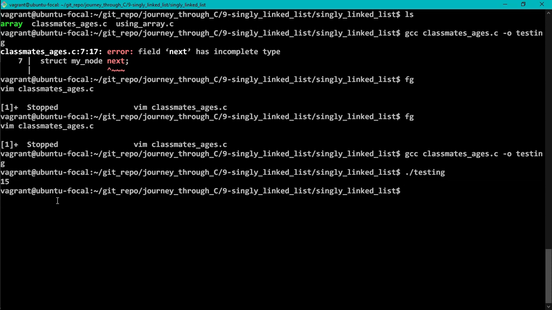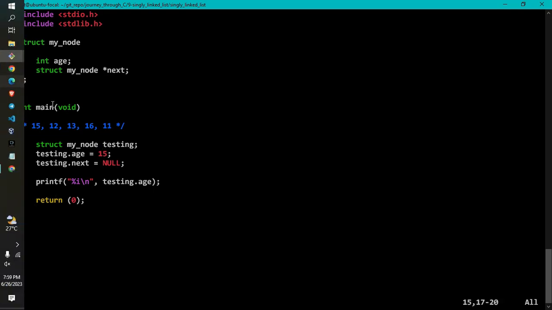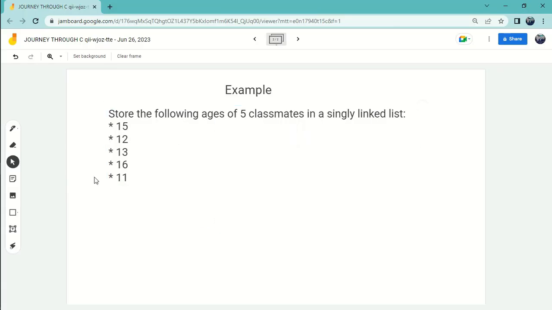Now let's make progress. Okay, so we want to create that first guy head, right? Let's go and do some whiteboarding. Let's go and try to solve the problem on the whiteboard. So we want to create something like this. Now we'll have our head pointer, and then we'll have 5 nodes. I hope this is what it really looks like. I hope I'm not making some mistake,